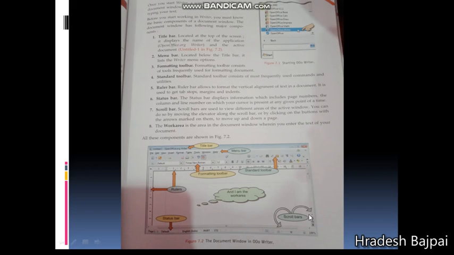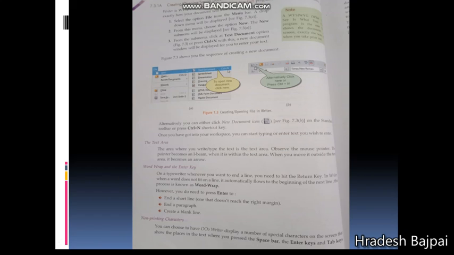The scroll bar is used for moving up and down in the document. And we have rulers. These rulers are used for adjusting margins in the page. And this blank white page you can see here is our working area. We will be creating our document in this working area. So this is the introduction of OpenOffice Writer's first window.